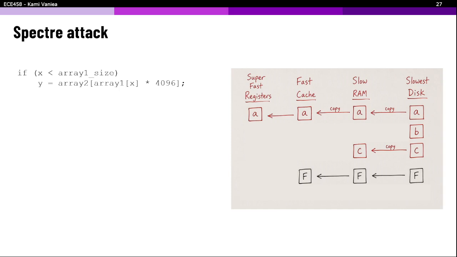And so we copy from RAM, which is very slow. RAM has already sent B to cache. RAM has already sent C to cache. The CPU doesn't want these values anymore, so it doesn't try to load them, but they're now sitting in cache. So this is what it looks like if speculative execution was done. And this is what it looks like if speculative execution was not done.